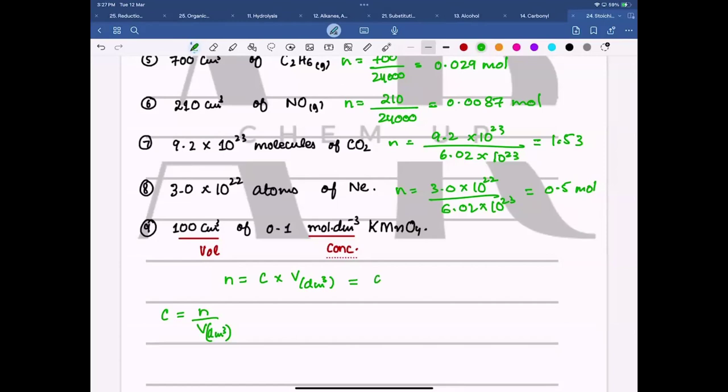कॉन्सेंट्रेशन कितनी है? 0.1 है। अच्छा, वॉल्यूम हमारे पास सेंटीमीटर क्यूब में दिया हुआ है, तो वॉल्यूम को आप हमेशा क्या करेंगे? डीएम क्यूब में कन्वर्ट करेंगे, सो डिवाइड बाय 1000। आई थिंक आंसर आएगा 0.01।